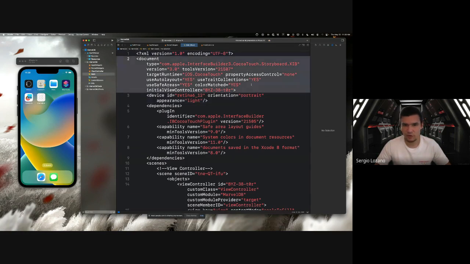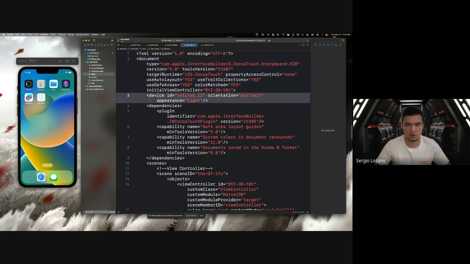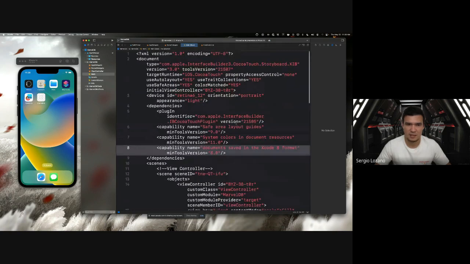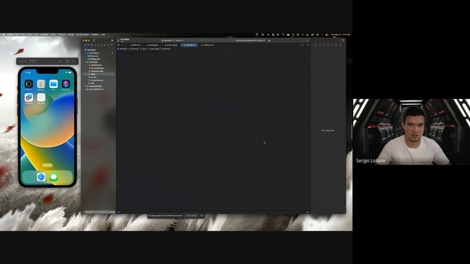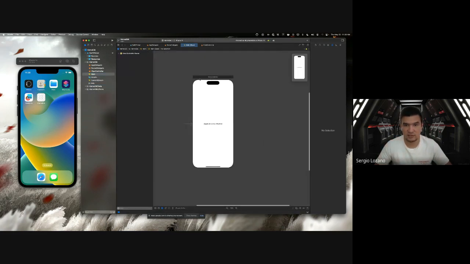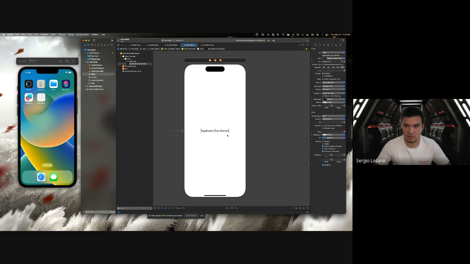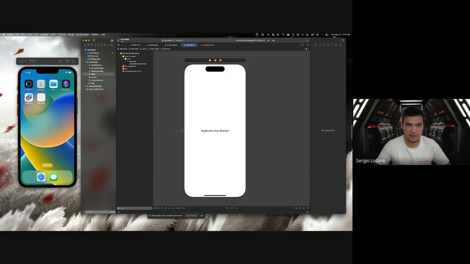Xcode doesn't really encourage you to write this XML code yourself because it's very cumbersome, complicated, and not very well documented, to be honest. So Apple encourages you to use the interface builder that they created so that you can literally drag and drop stuff and in a very comfortable way write your own user interfaces. So in this case, we have a single label here. It's centered. If we go ahead and run the application,